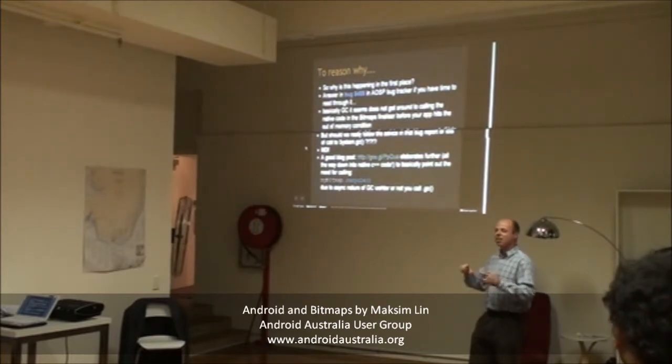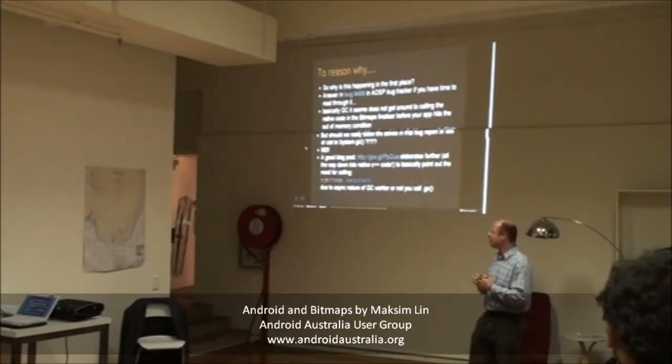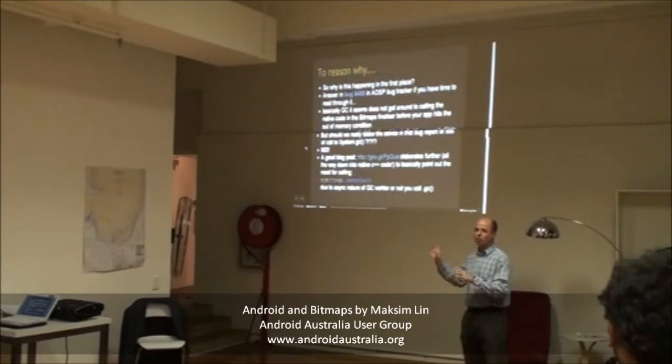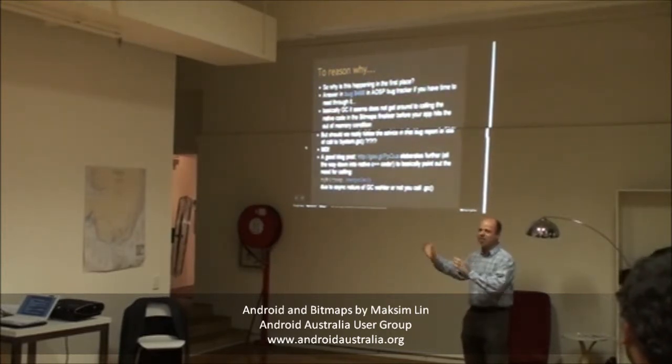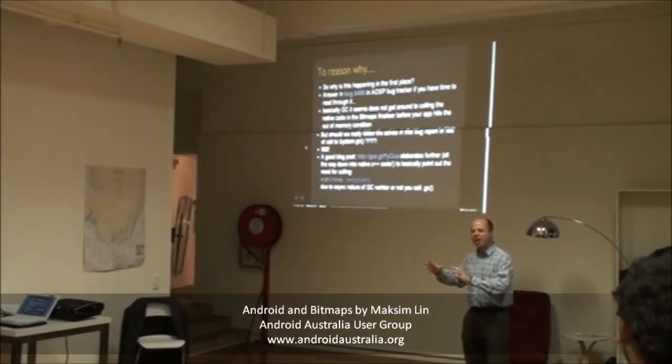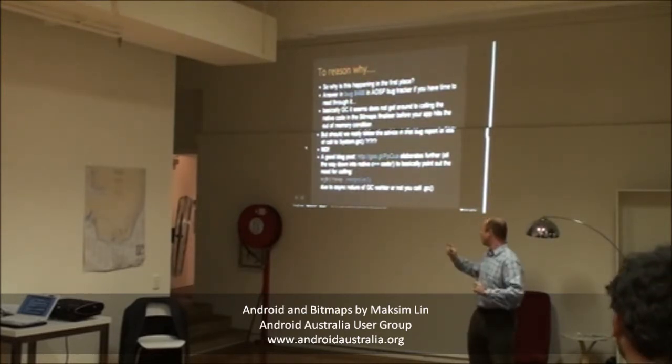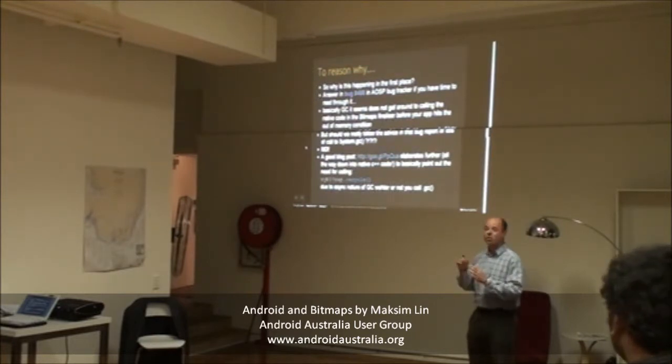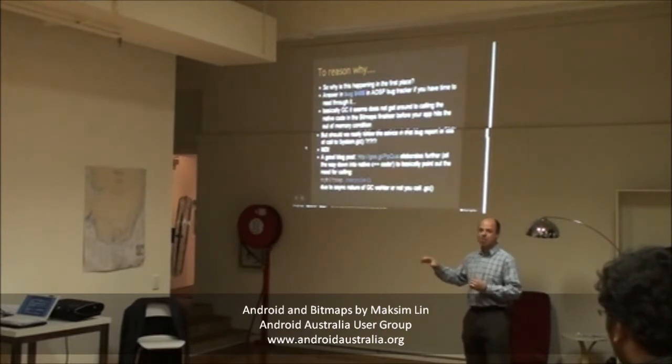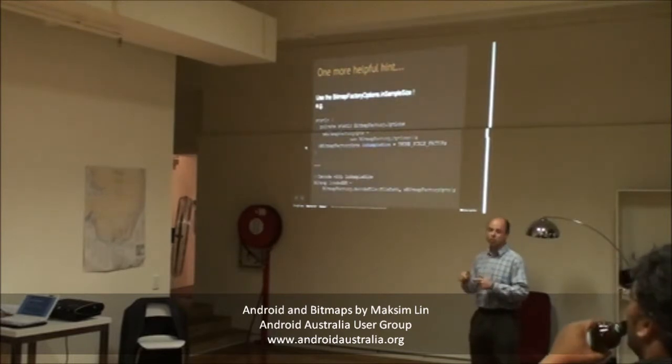However, you can actually explicitly have that code path followed by calling the recycle method that happens to be on every bitmap object. And what that does is, instead of calling System.gc and basically asking, at some point please run the garbage collector, I'd like you to do it now, but I know you're going to do it at some time in the future, apparently recycle does it synchronously. So when that comes back, you know that natively allocated memory has been freed up. So that's what you should be calling